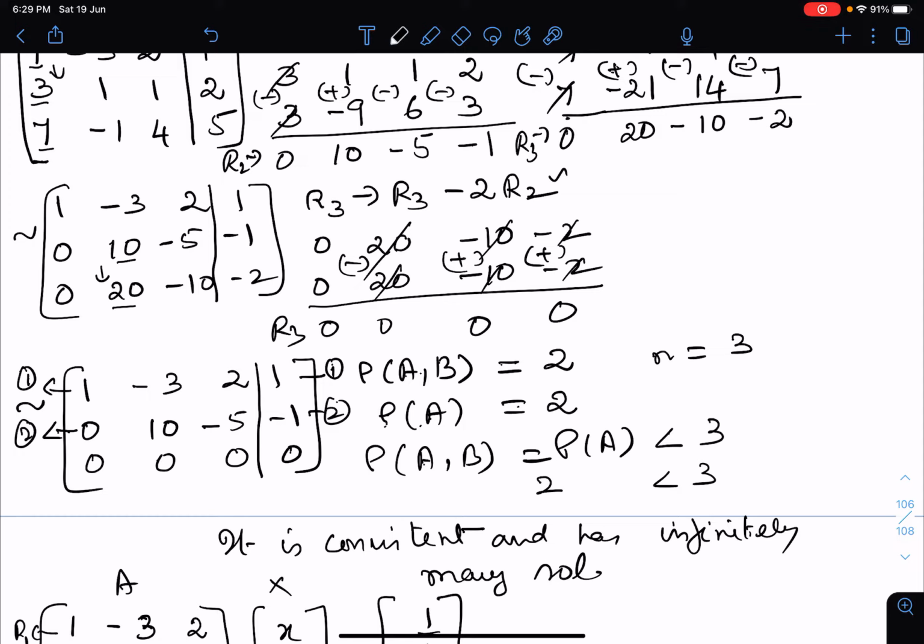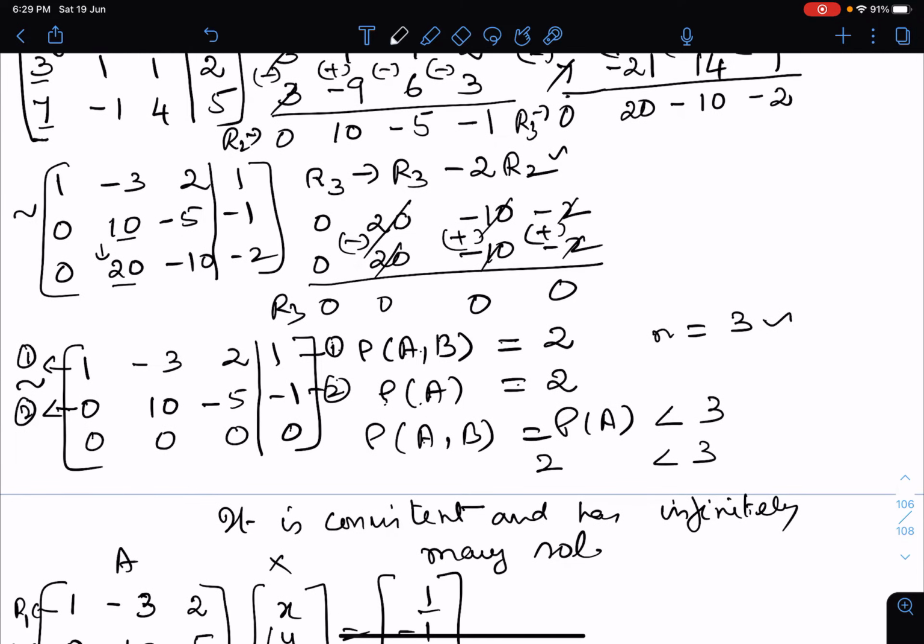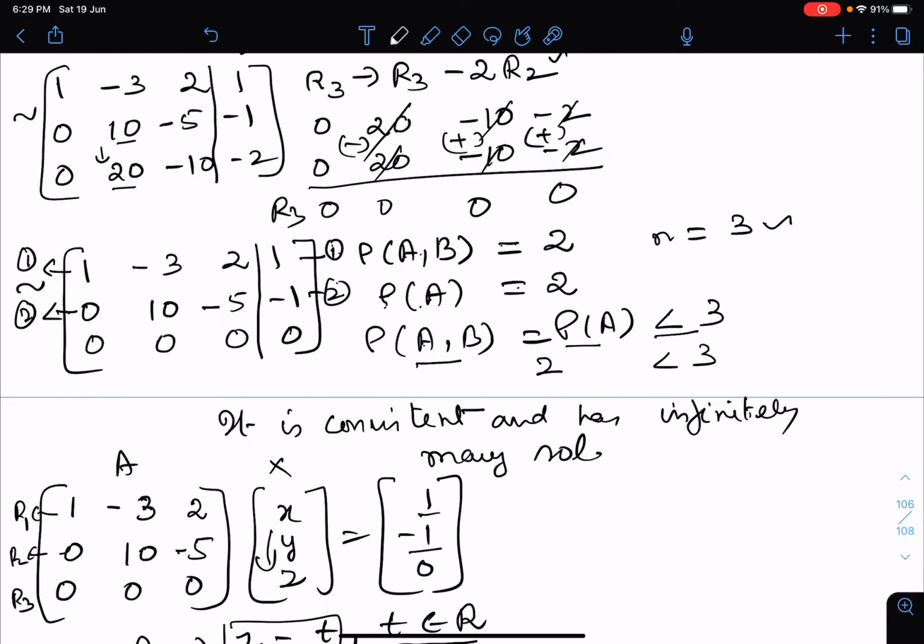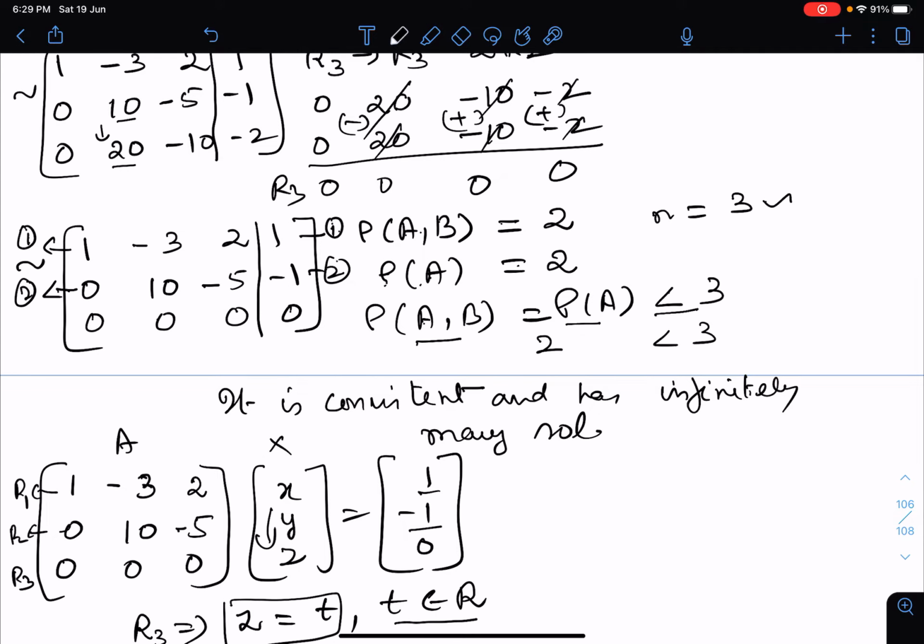Then below the principal diagonal you have got zeros, so you find the rank of the matrix by counting the number of non-zero rows. For the augmented matrix, what is the number of non-zero rows? We have the first row and the second row, so rank of AB is going to be 2. For the 3 cross 3 matrix A, the non-zero rows are 1 and 2, so rank of A is also 2. And the number of unknowns is 3. Therefore rank of AB equals rank of A but is less than the number of unknowns 3. So it gives us 2. Therefore we conclude it is consistent and has infinitely many solutions.